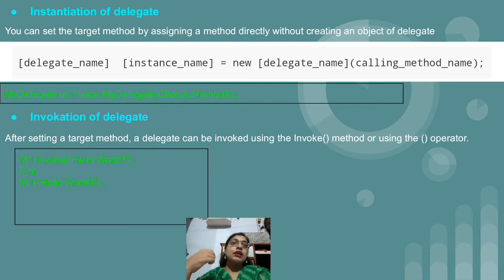Now we will not directly call the method name method A, because method A is a part of class A, and we have not created an object of class A. There are actually two ways to call the method, but in this case we have not created an object of class A. This is the reason why, while passing the method to the delegate, we write the name of the class dot method name, like class A dot method A. We will not use parentheses while passing the delegate method.